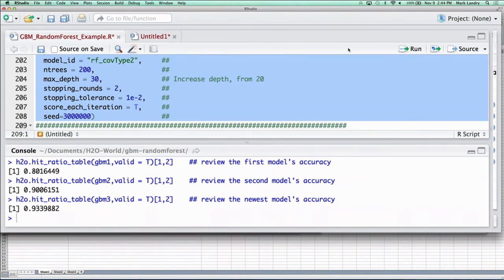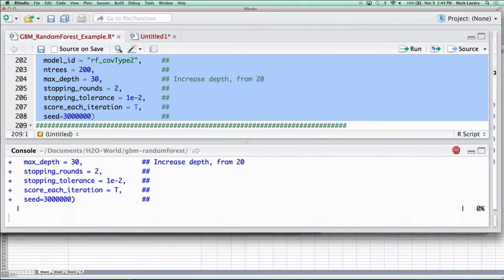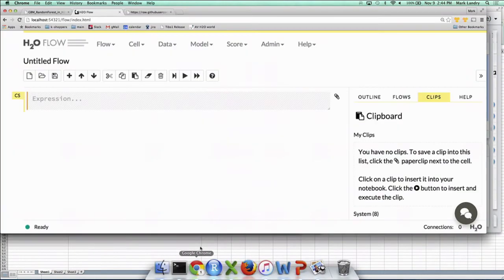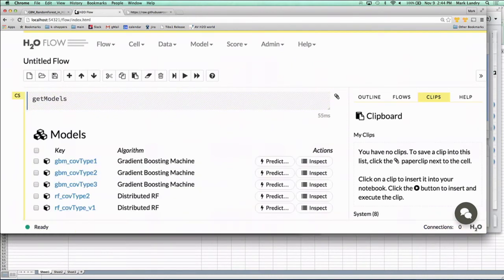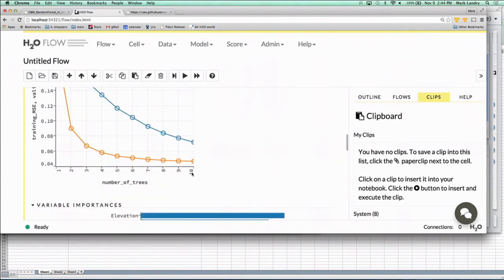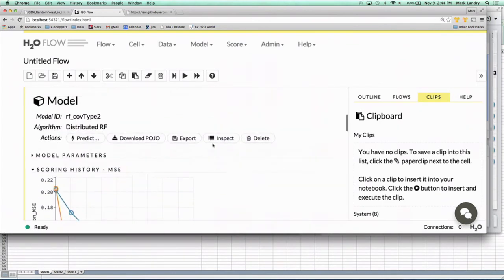If you're following with the comments, I was going to do that last time, but so we fit a random forest, and the cool thing here with Flow is that we can look at these models while they're being built, and that is really powerful. So right now I only have 10 trees, and if I use it again,